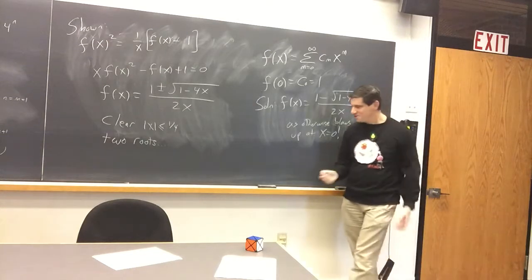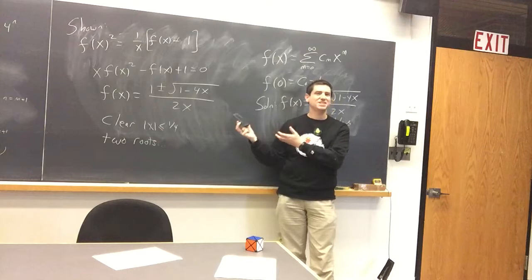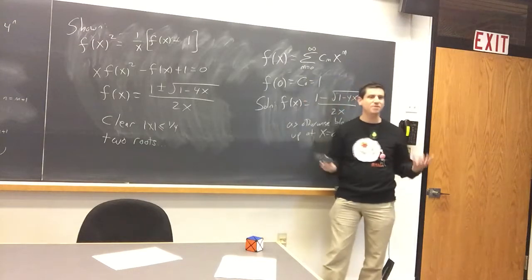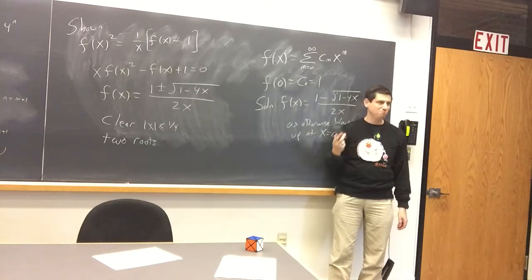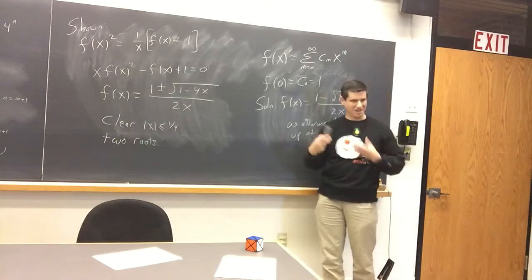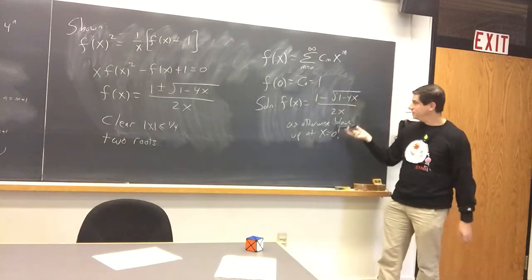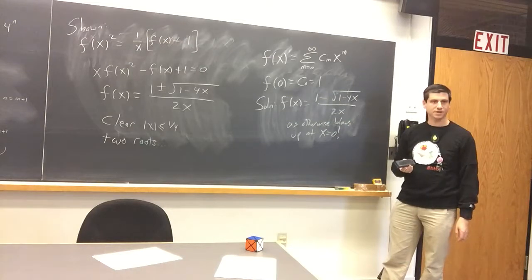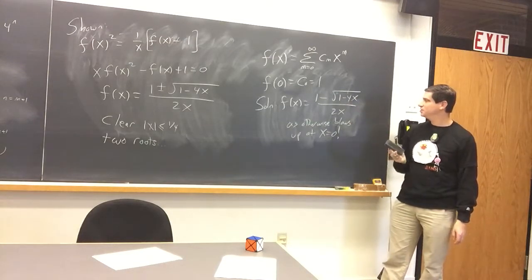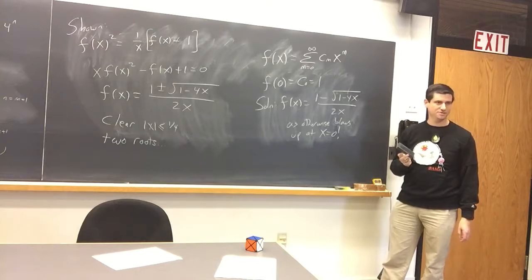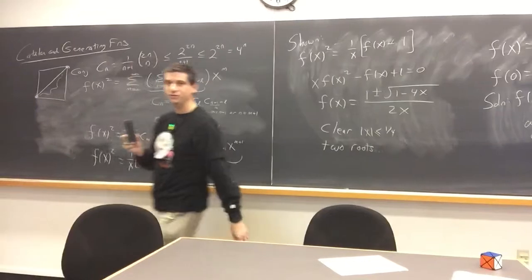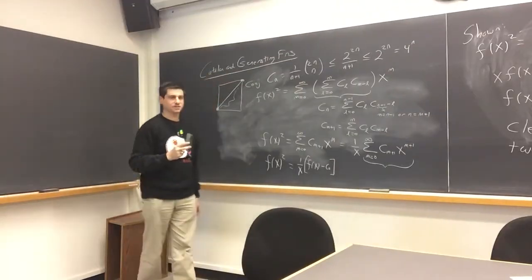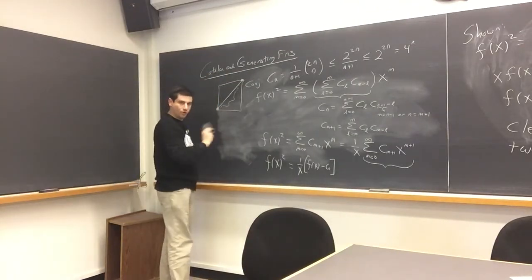It's the same miracle as the Fibonacci's. Except in this case, I think the miracle is a little bit stronger, because for the Fibonacci's, I can give you a divine inspiration. I can give you the divine inspiration for the Catalan numbers, but you need a lot more commentary for the divine inspiration to actually see that it works out. Whereas here, we now have the closed form expression. Now the only problem is we now have to expand the square root of 1 minus 4x. So I will say just a few brief words about that and then leave that as an exercise. So we've almost solved the problem.